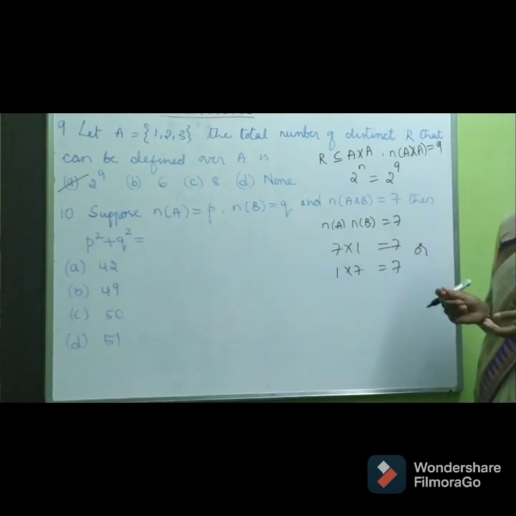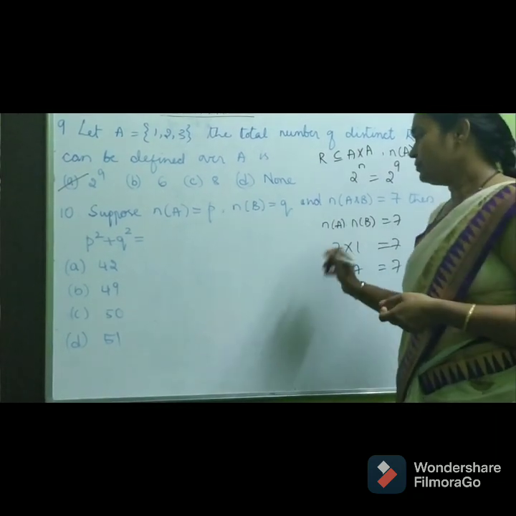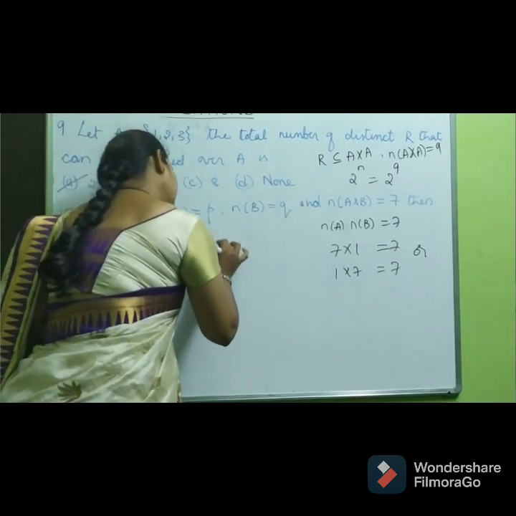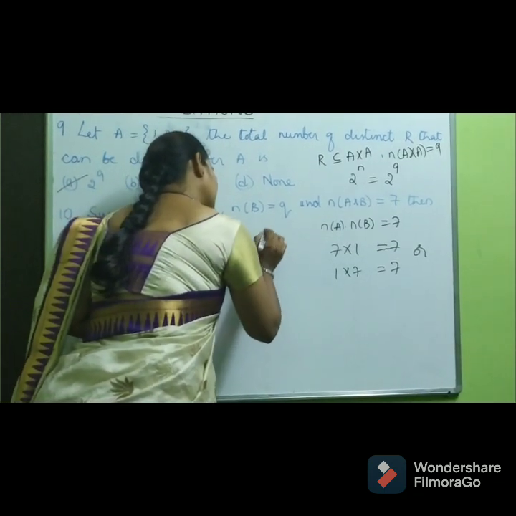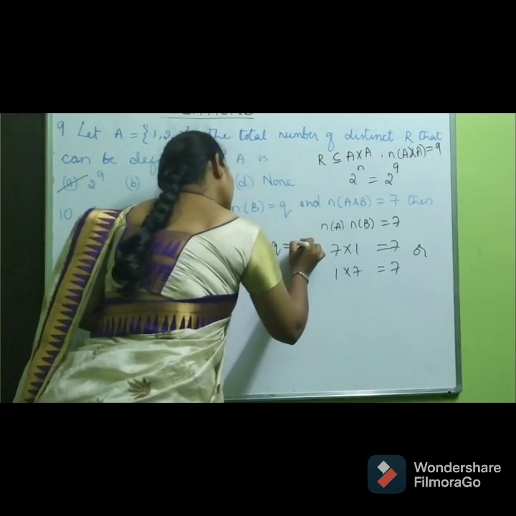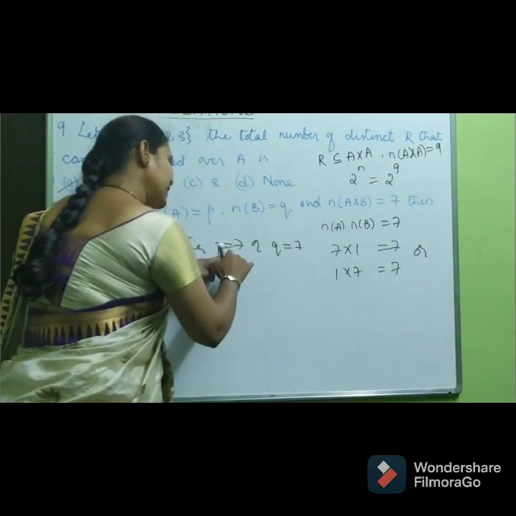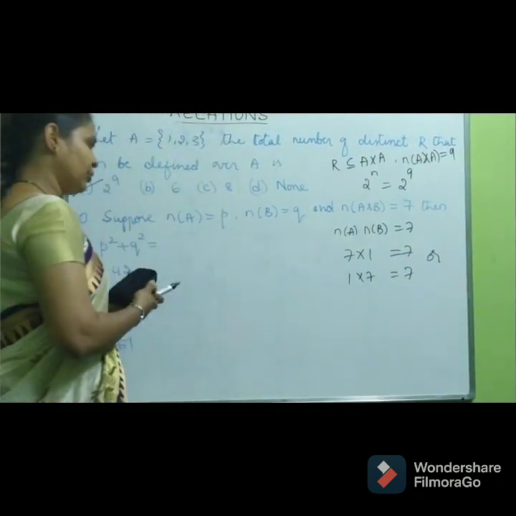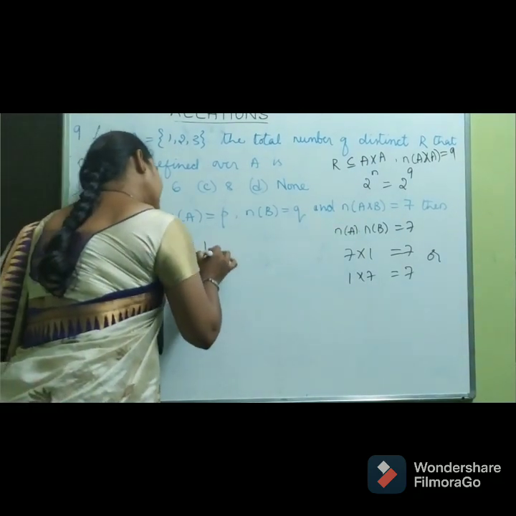This is the only possibility. So, what you have to take? You have to take either P is equal to 7 or Q is equal to 7. If P is 7, I take like this. Wait, don't get confused. So, you take like this. If P is equal